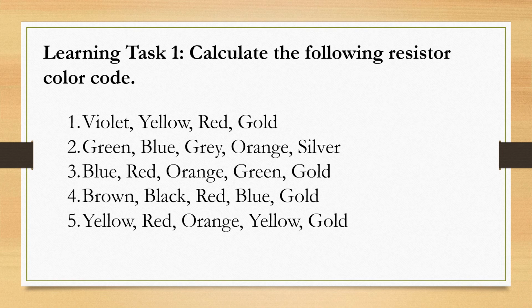For number 4, you have brown, black, red, blue is your multiplier and gold is your tolerance. For number 5, we have yellow, red, orange as your 3-band color, while yellow is your multiplier and your